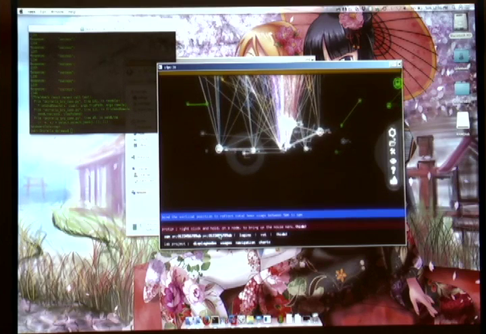Yes, Taylor? Two questions. One is, do the links disappear automatically, or do they just stay within the graph? So, the question is whether the links disappear after a certain period of time, or once they're made, they stay there. For the stuff I'm using, they stay there until I clear it.